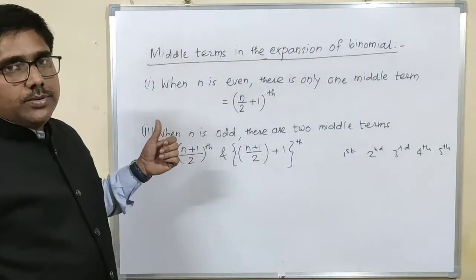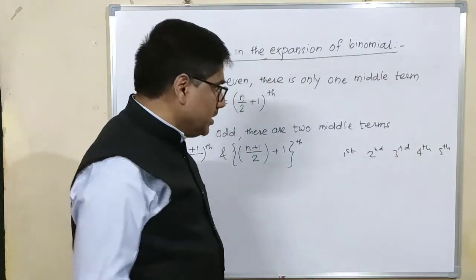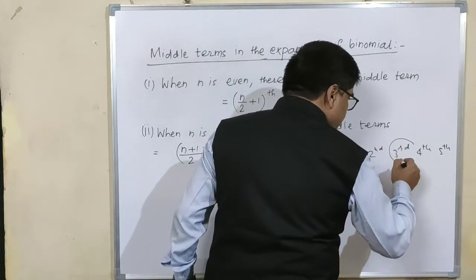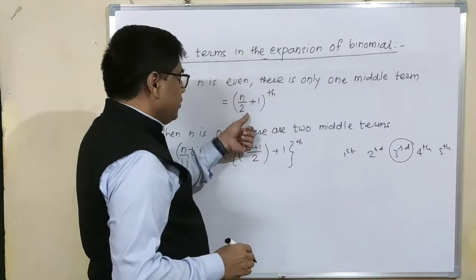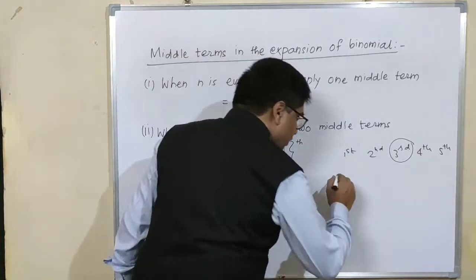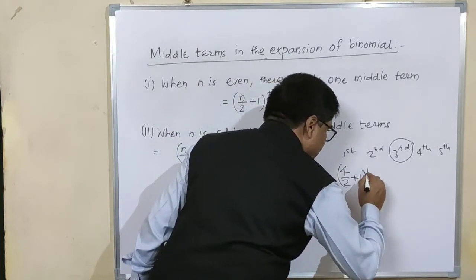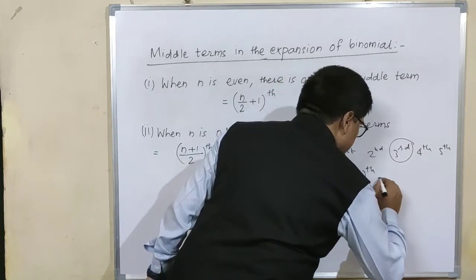When n is 4, its expansion contains 5 terms and there will be only one middle term, that is the (n by 2 plus 1)th term. Here the value of n is 4, therefore the (4 by 2 plus 1)th term is the middle term,